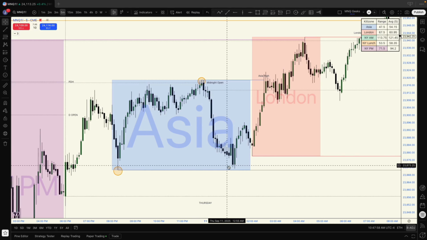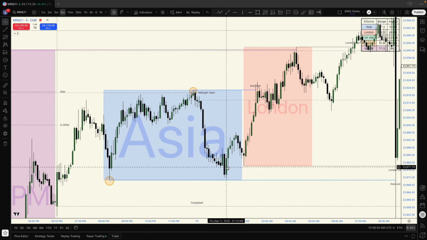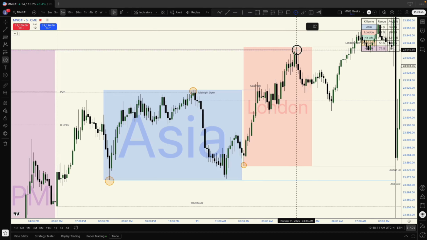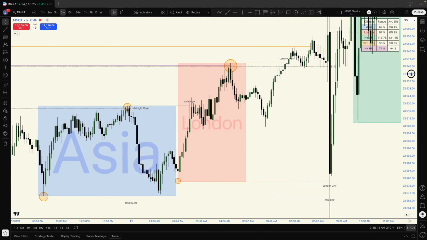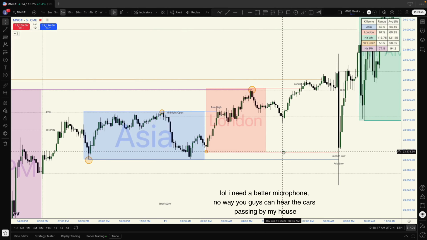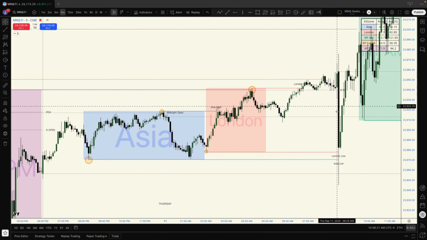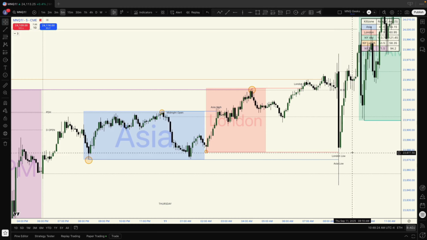We started heading in this direction and we came within literally 1 point of it. So boom. We make our London low and our London high. And what happens? In New York, we literally sweep out all of these points of liquidity. We sweep out London highs, we sweep out London lows and the Asia lows, and then we move in our